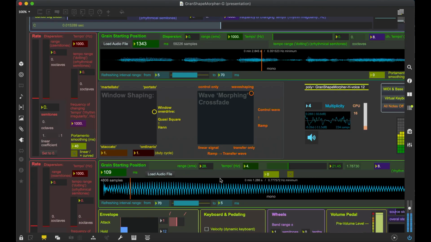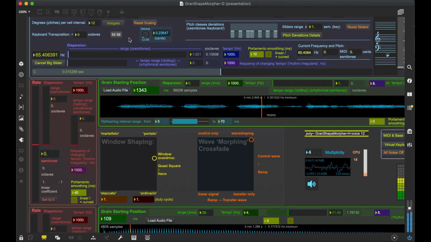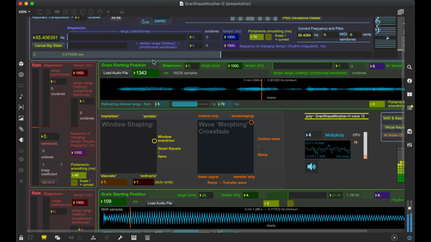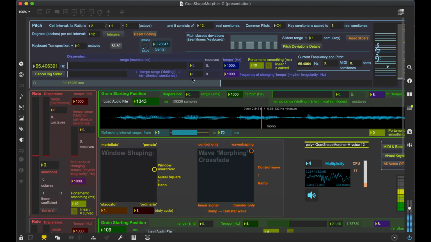I like this very energetic sound, and also randomization here is very interesting. Here is no randomization at all. So how can we make it?